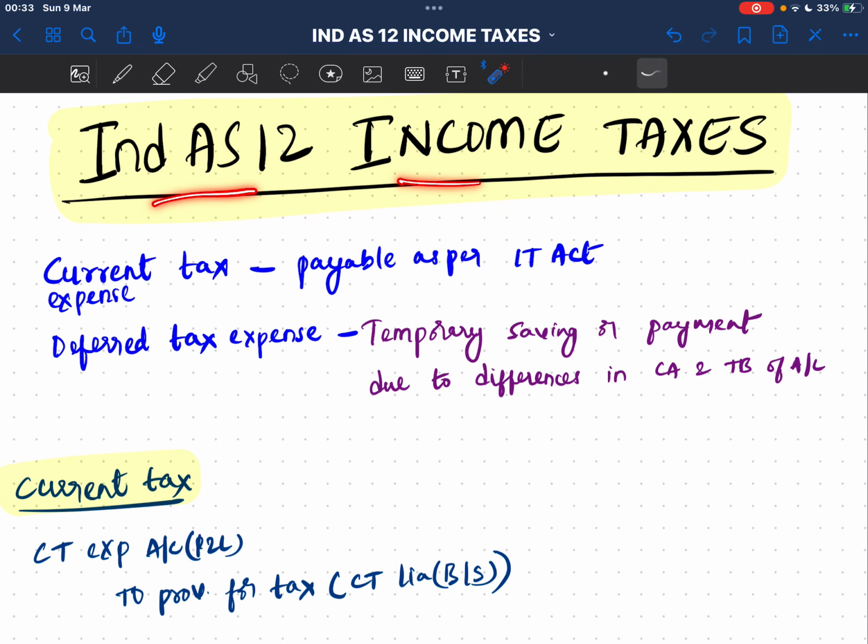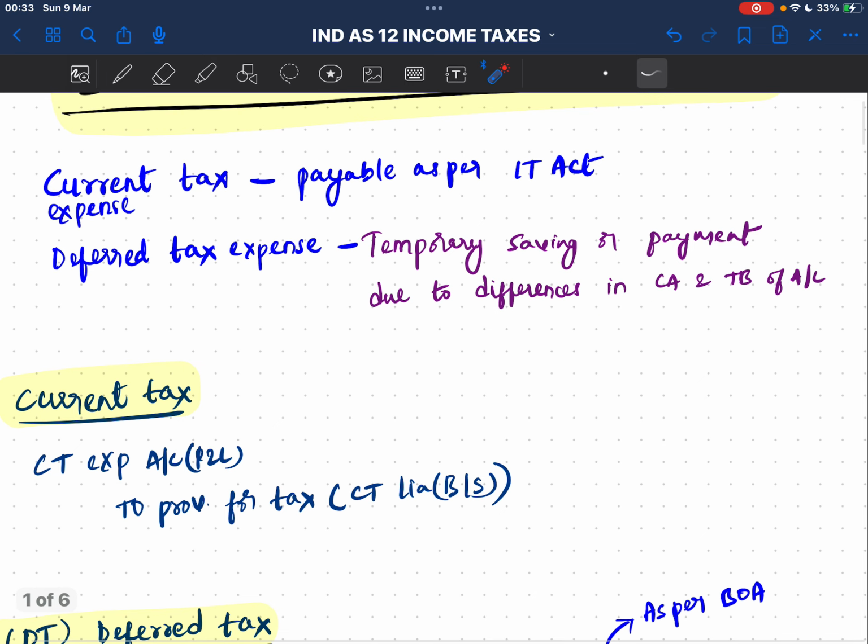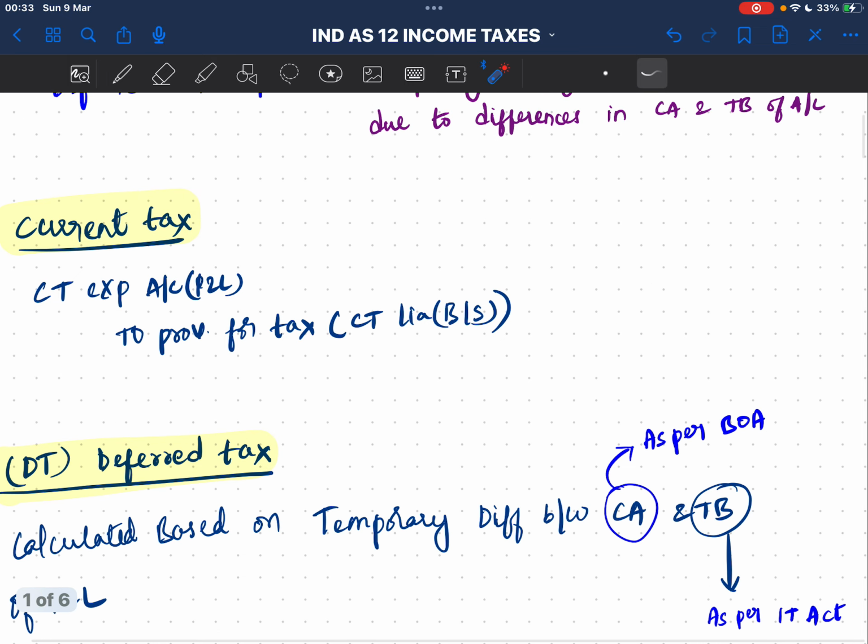Ind AS 12 income taxes. Current tax expense is payable as per Income Tax Act. Deferred tax expense means temporary saving or payment due to difference in carrying amount and tax base of assets or liabilities. Current tax. Journal entry: current tax expense P&L account to provision for current tax liability, which is in balance